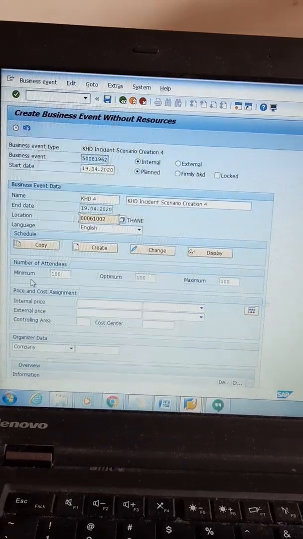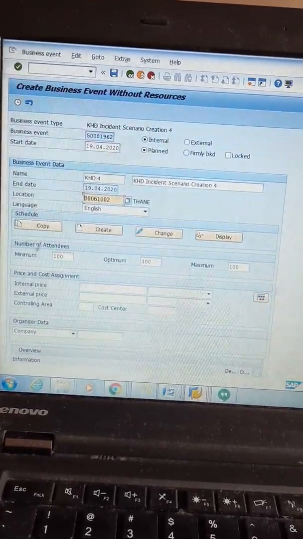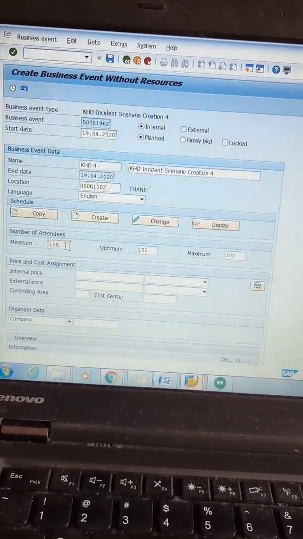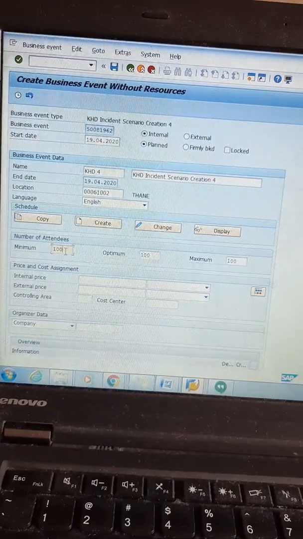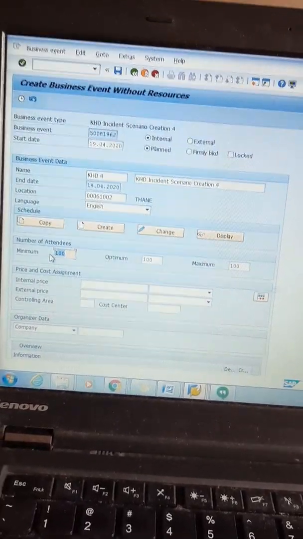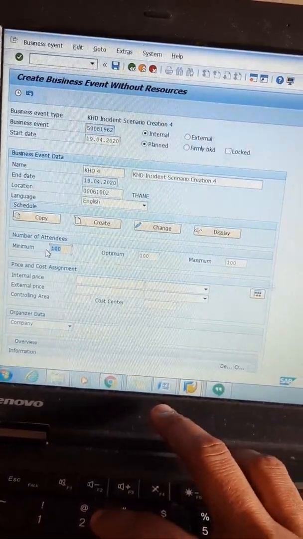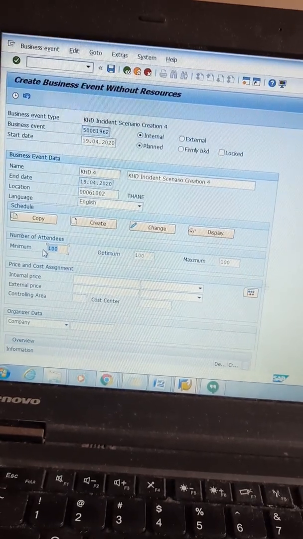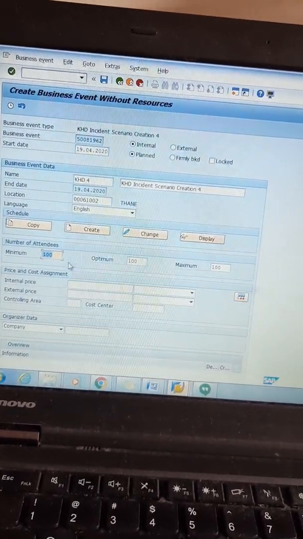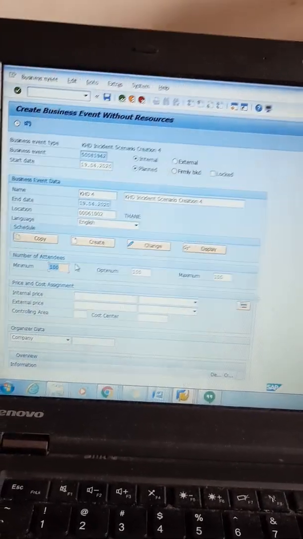I hope you all remember that at the time of creating an event group and an event type, there was an option which was asking for the capacity. This is where you can change the capacity number. By default, when you create an event it is for 100 capacity; here also you can change the capacity to 200 or 300 as per your activity. For this training program, it is only less than 100 people, but I've taken it as 100 by default. There is no harm if you take more, but it should be more than the actual records.